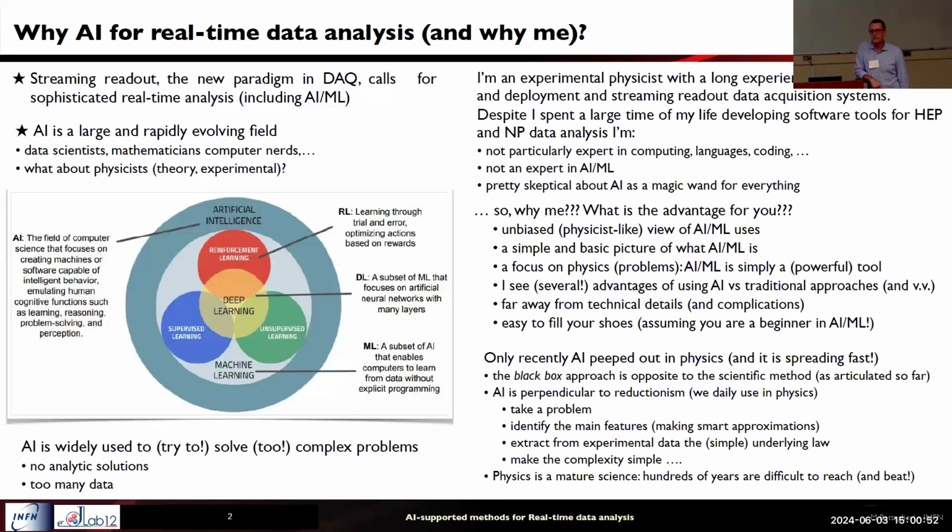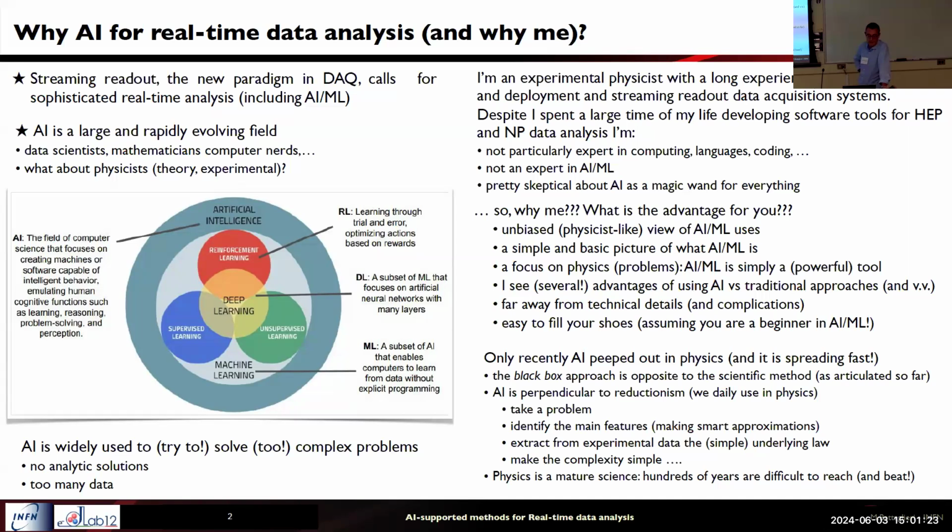One is about the stream readout, the way we are expecting to collect data in EPIC, and the other is about AI. You know, AI is rapidly evolving, and there are a lot of people involved in AI, in particular data scientists. Not really many physicists so far, but the number is increasing. Both